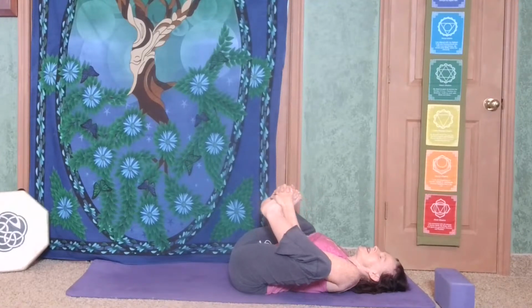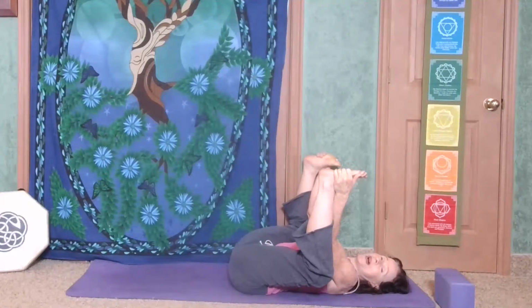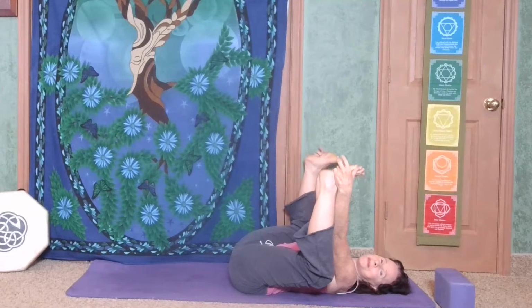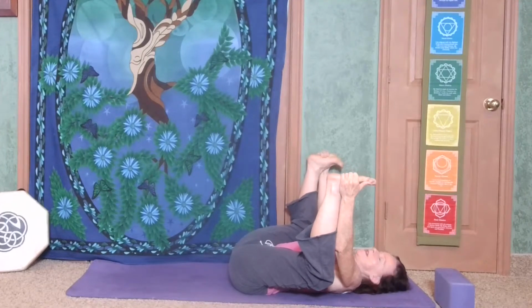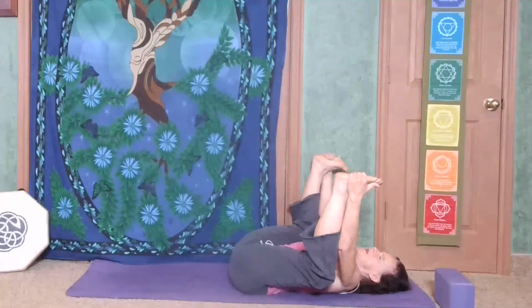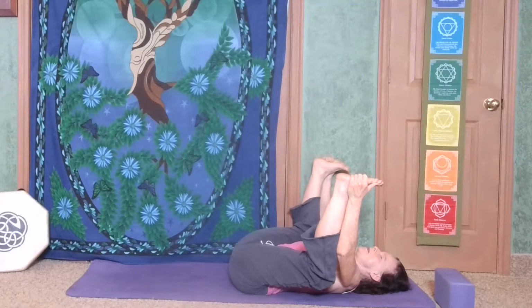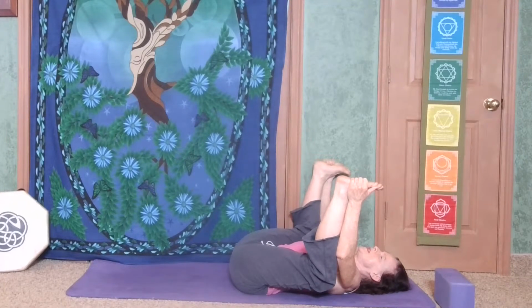And gently releasing that. And let's bring the feet. The knees are wide, even a little wider than my armpits. And the soles of the feet are facing the sky. I'm wrapping my hands around the outer edges of my feet. And we're going to move into baby as we gently pull those knees down towards the earth,